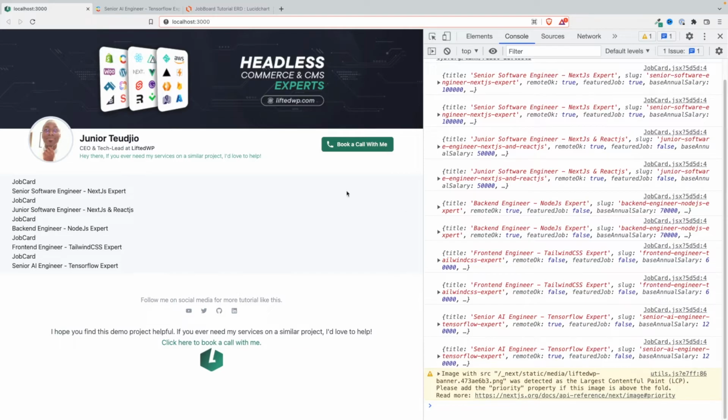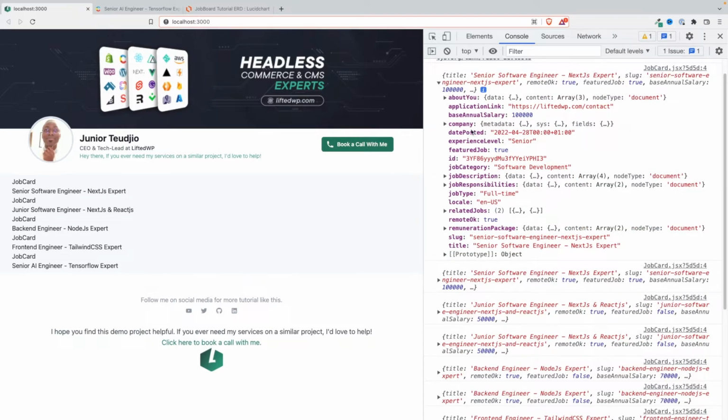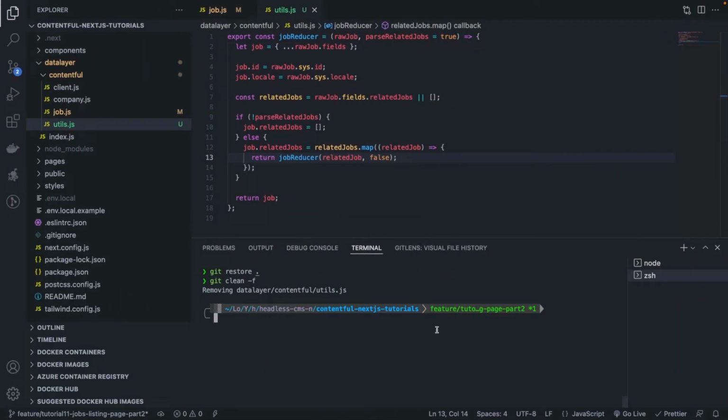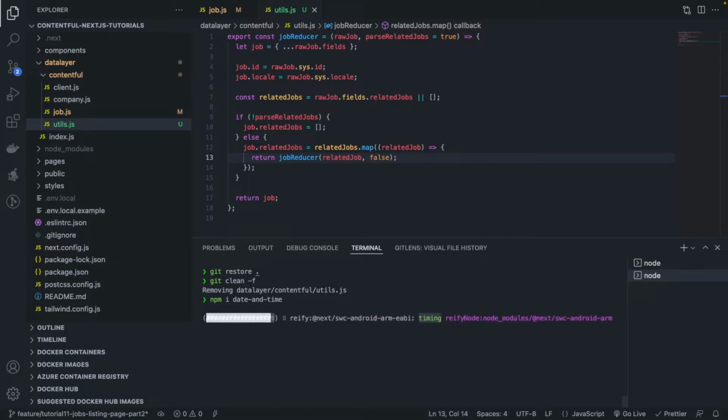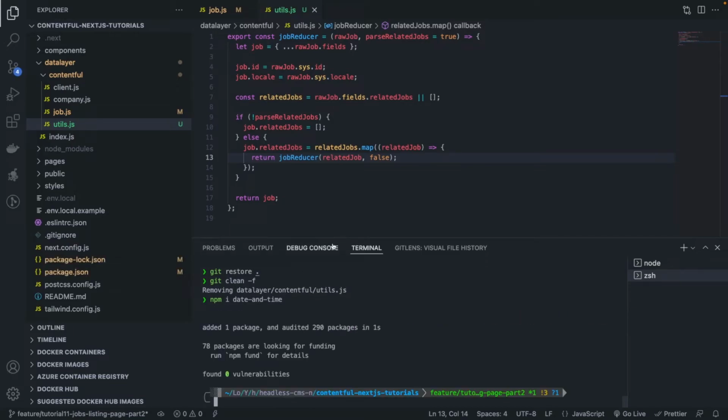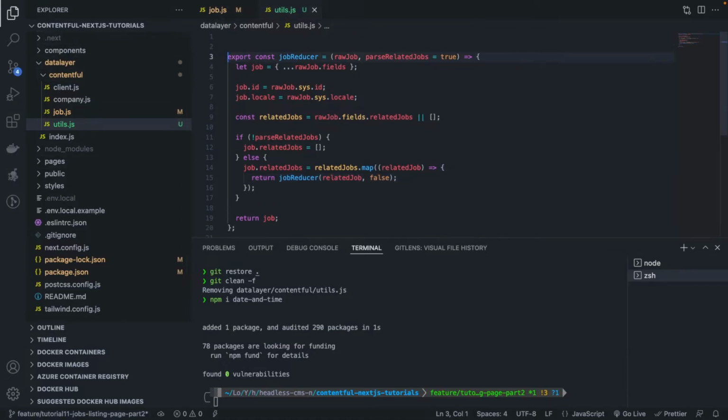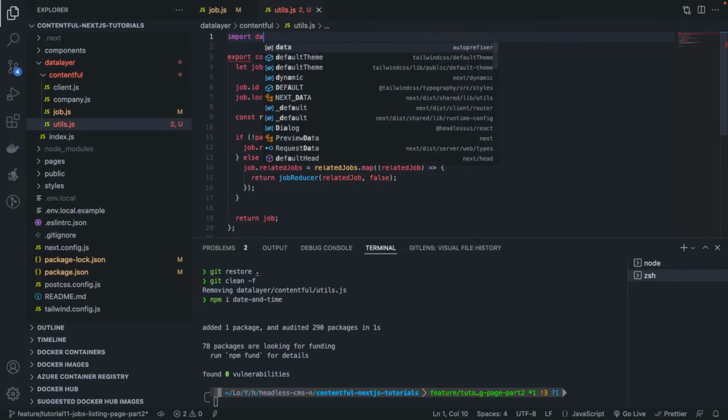Then the final thing that I want to do, if you look at the date here, it's not exactly user friendly, is it? You don't want to be displaying data like this in your front end. So let's try to have a sub reducer whose goal is going to be to parse the date posted. And for that, we're going to use an npm package called datetime, which I really love for parsing datetime objects. So I've installed that. Okay, now I'm gonna go to our util. I'm gonna import it. Import date from